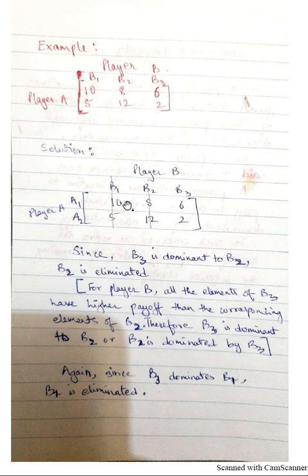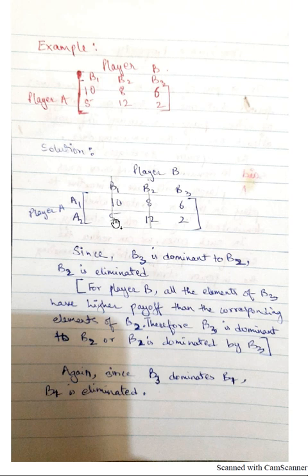So for the first row, since for player B we have already discussed, the lower the value shown here, the higher will be the payoff. 8 has a higher payoff than 10 here because it will be minus 8 and this will be minus 10. So B2 has a higher payoff here than B1.